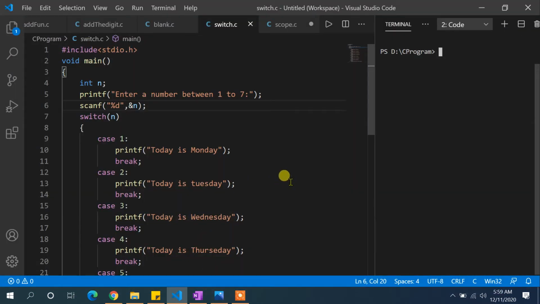If you remember, in the last lecture we were talking about the number inputted by the user. If somebody enters 1, then our output should be today is Monday, and if somebody enters 2, our output will be Tuesday, and so on. This program we have already discussed in the last video. Whoever comes directly to this video, I recommend that you go and watch part 1 of this video, and you will be able to understand everything that we are about to discuss in this lecture.